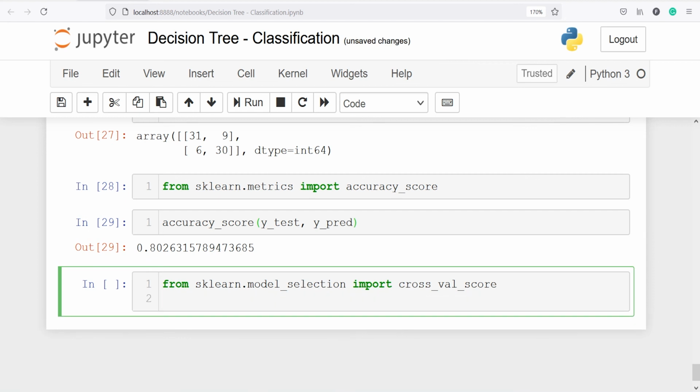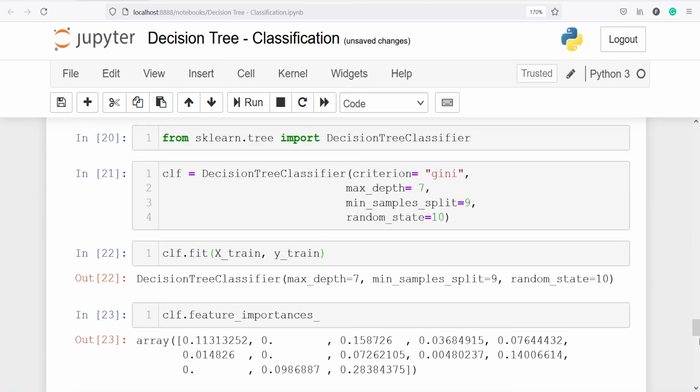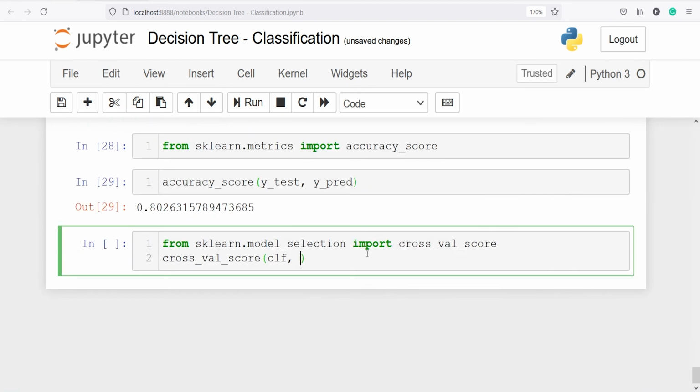Let's call our function cross_val_score, and we will do it on this model CLF that we have defined above. So I'll pass that model object CLF, then our X train and Y train. And then the next parameter is cross validation. We want to do it 10 times, that is 10 fold cross validation. So I will write here 10.